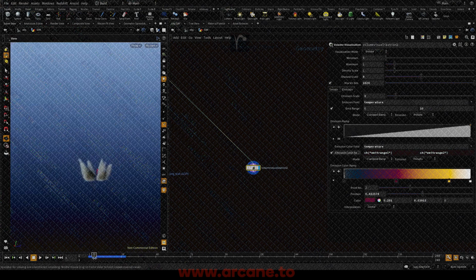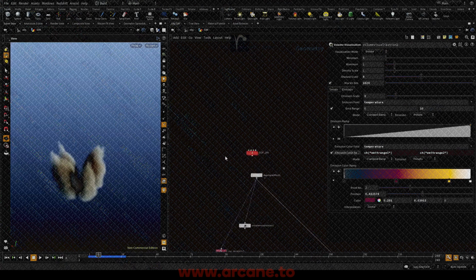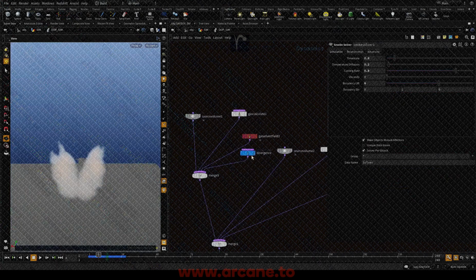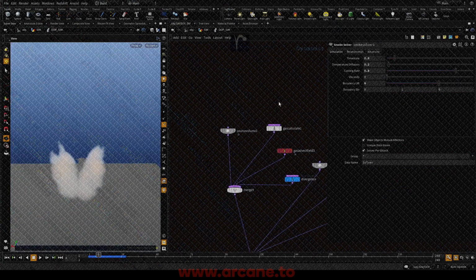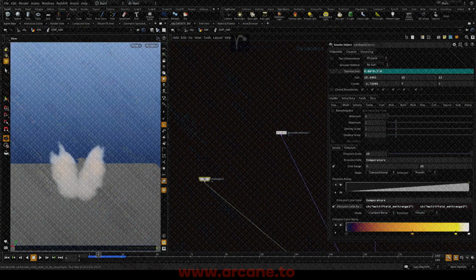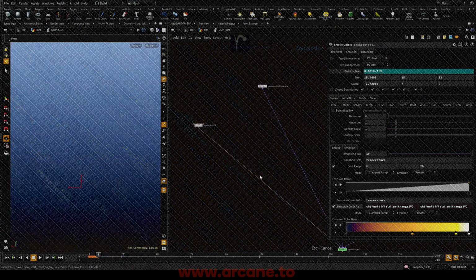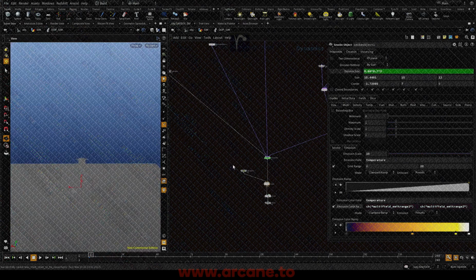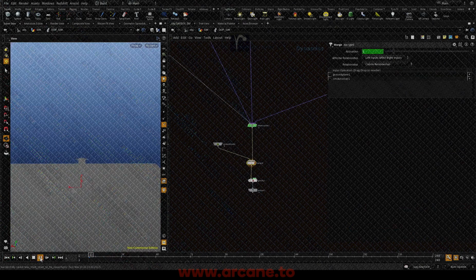Now, there are still a few things that I'd like to do, and potentially add more noise to this. And what I'm going to do is actually, let's do it here. So, you know what, I'm gonna sim this at a higher resolution, just interactively, and then we'll continue adding more details, because the next change I'm gonna do is probably going to change this drastically. So before we do that, I want to